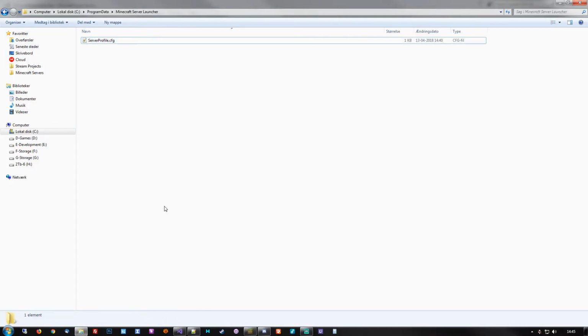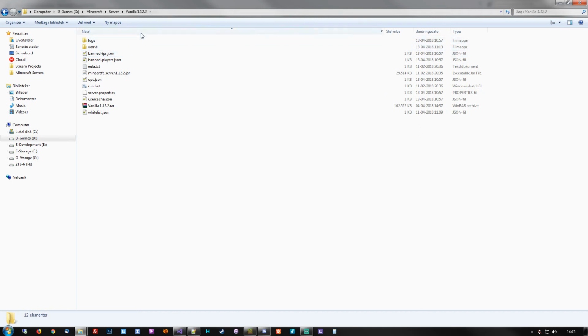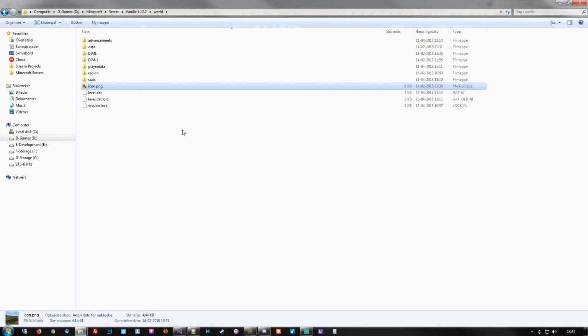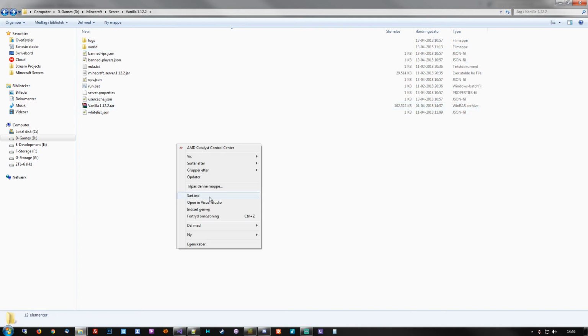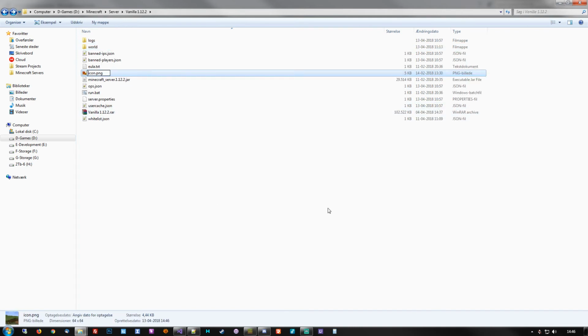Now for the vanilla server, there's actually an icon in here because it's based on an original single-player save game. So this particular icon was generated by Minecraft itself, and just for the sake of it, we'll use that for the vanilla server. So we'll copy it out here, and if memory serves, it just needs to be